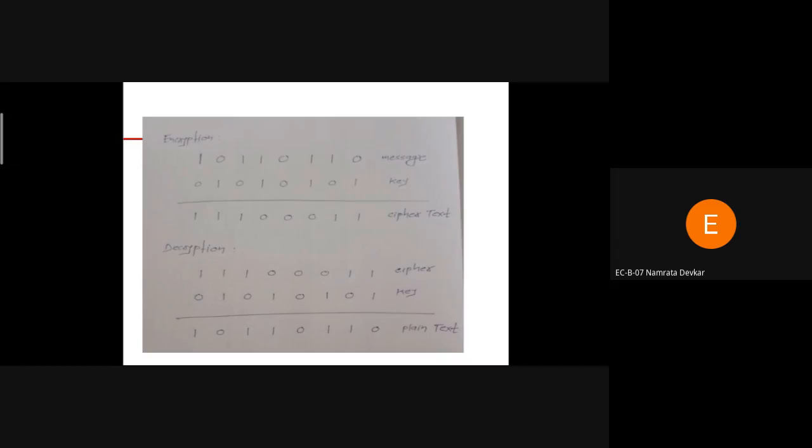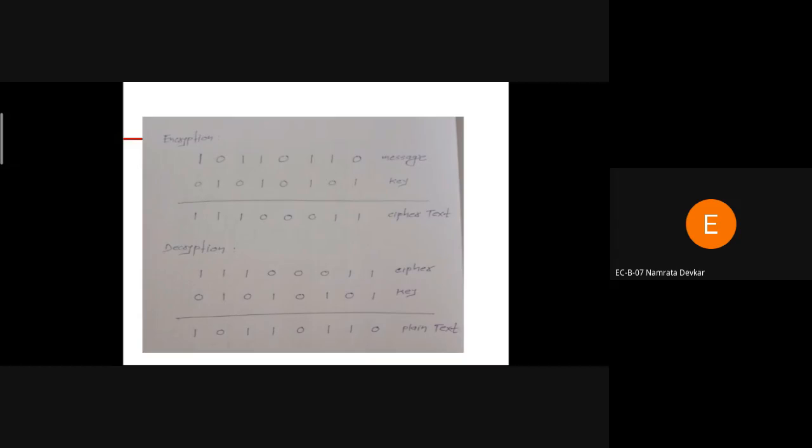It might be words, or letters, or numbers. So here we can take one random message. For this particular message we use a key of the same length. If our message is 8 bits, 10 bits, or 12 bits, we have to use a key of the same length. If we have 10 letters, then we have to use a key of 10 letters.